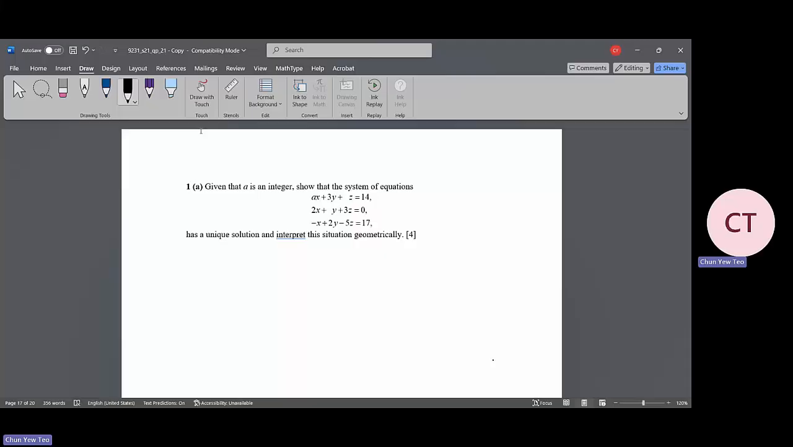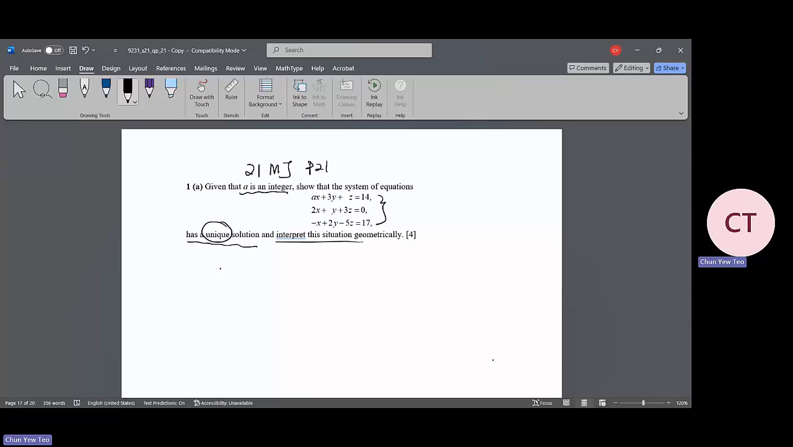Questions. This video we shall discuss the Further Pure 2000 Paper 2, 2021 May/June, Paper 21. Let's take a look at the questions. 1a. Given that a is an integer, show that the system of equations here has a unique solution and interpret this situation geometrically. So to show that it has a unique solution,